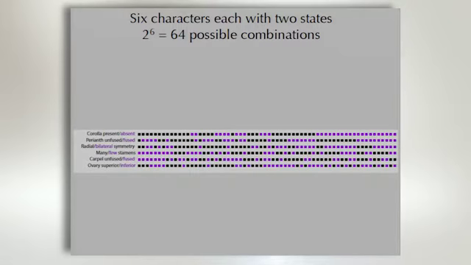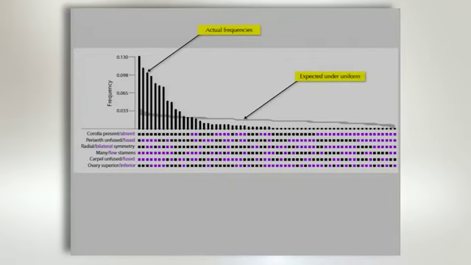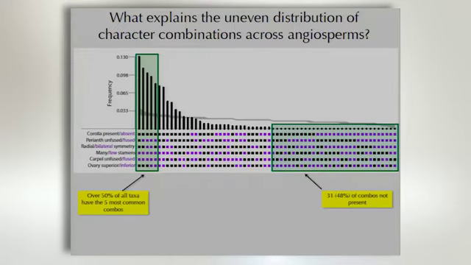And so how was this distributed in our data set? Here I show the actual frequencies of the character combinations and the frequencies expected if those character combinations are distributed at random. And so you can see that this is clearly a non-random distribution of those characters. In fact, it's highly skewed, with over 50% of taxa here having the 5 most common combinations of characters, and over 50% of character combinations not represented in the data set at all. Now remember, Stebbins looked at the same kind of data and said, well, these are common because they're adaptive. So now how are we going to get at that question using SSE approaches?